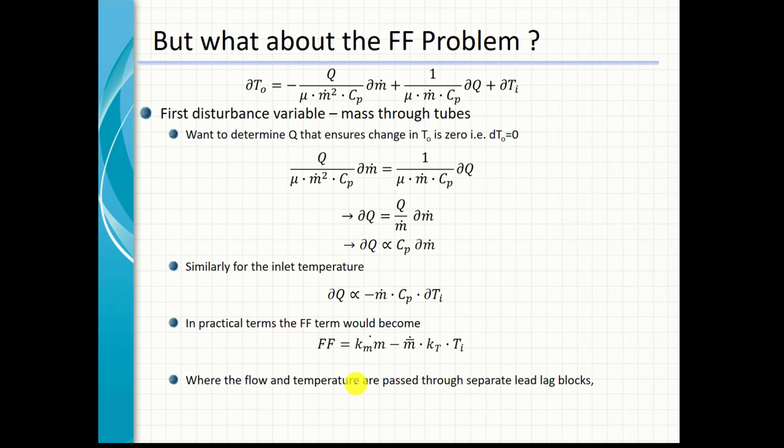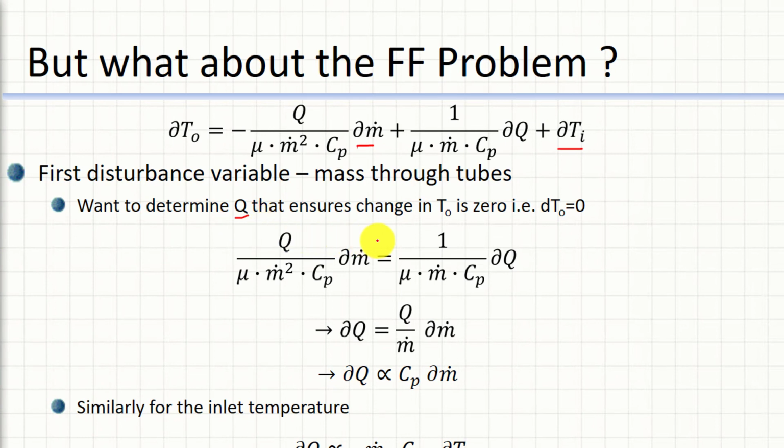And what about the feed forward? We said there were 3 aspects. It's not just the handle. We have these 2 other aspects: there's one feed forward component, and there's another feed forward component. The question you've got to ask yourself is, if we have a disturbance, what do we need to do to the energy, which is our handle, to keep the change in temperature 0? How would one perfectly reject the disturbance? So we set this to 0,